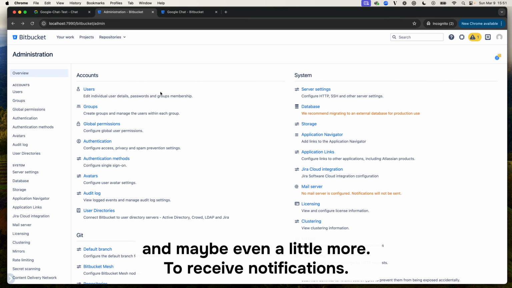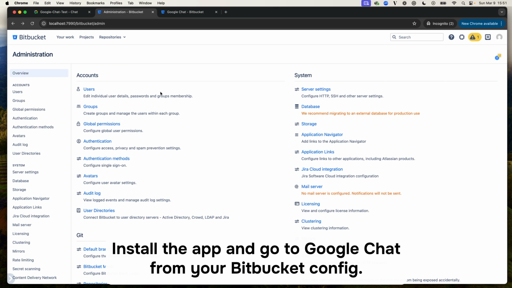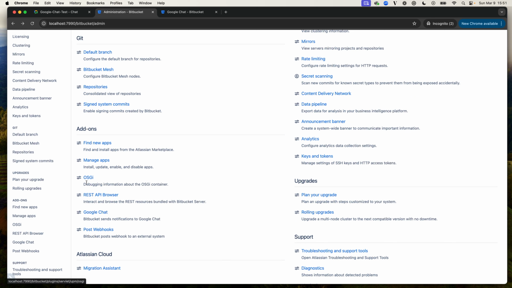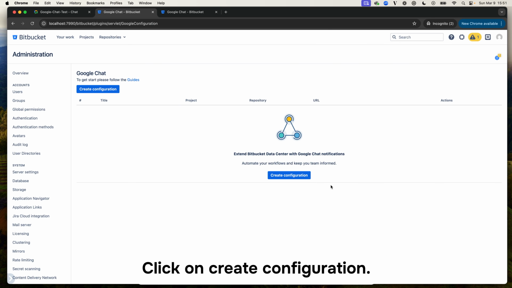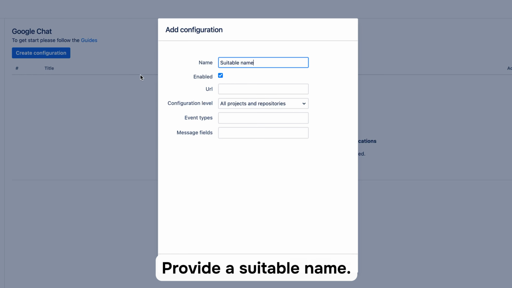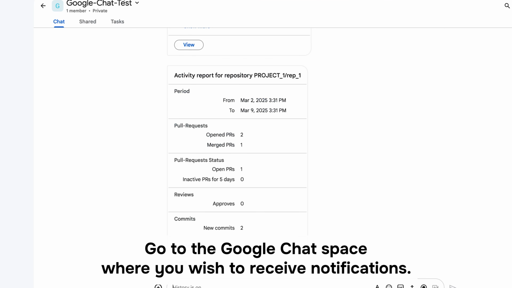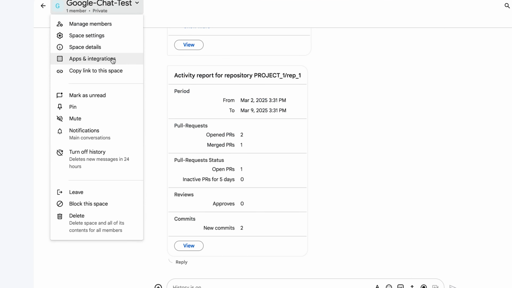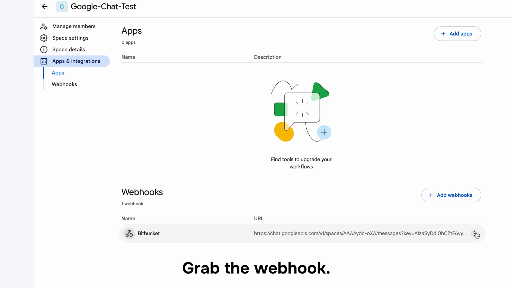To receive notifications, the setup is fairly quick and simple. Install the app and go to Google Chat from your Bitbucket config. Click on Create Configuration. Provide a suitable name. Go to the Google Chat space where you wish to receive notifications. Grab the webhook